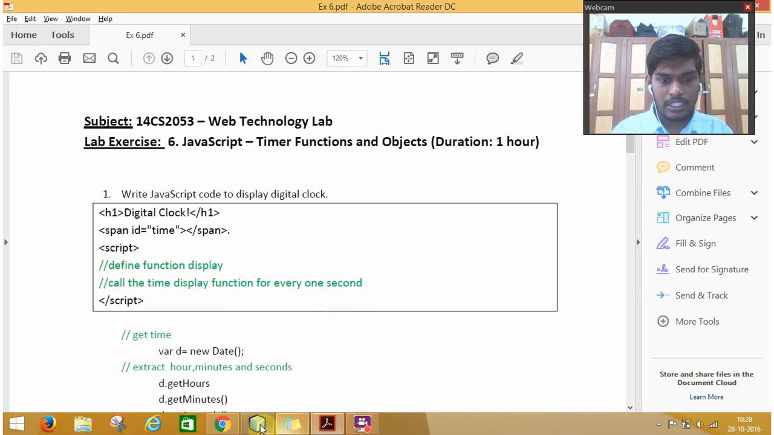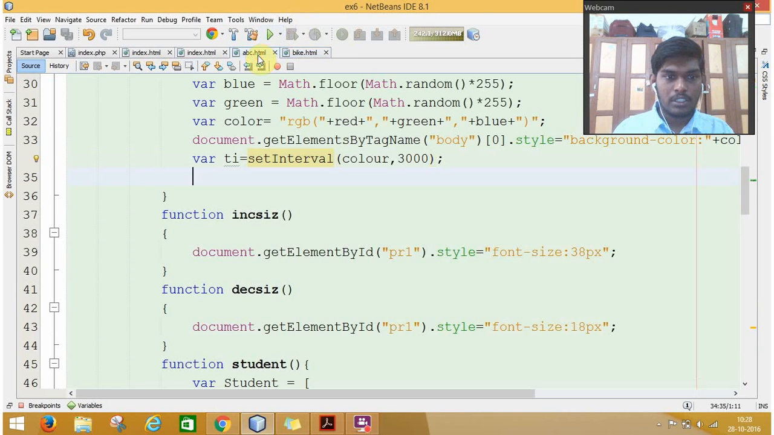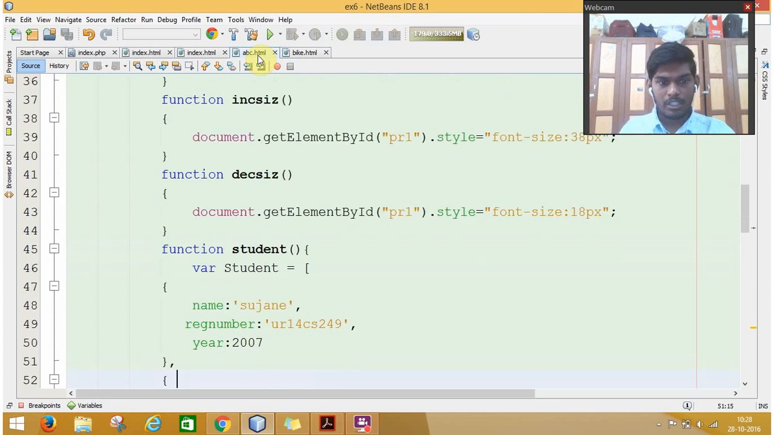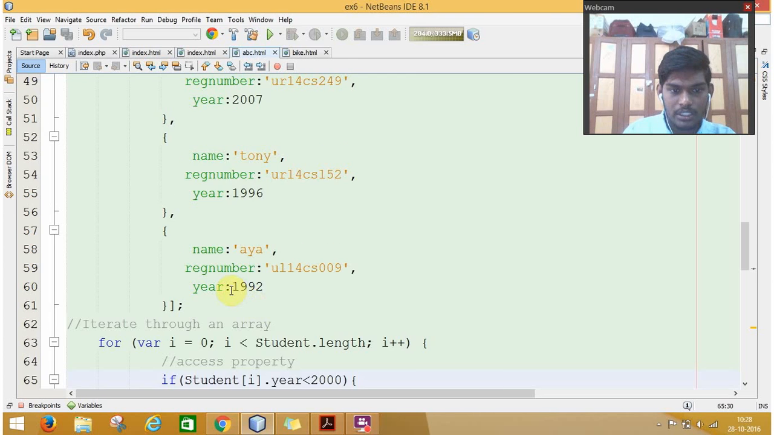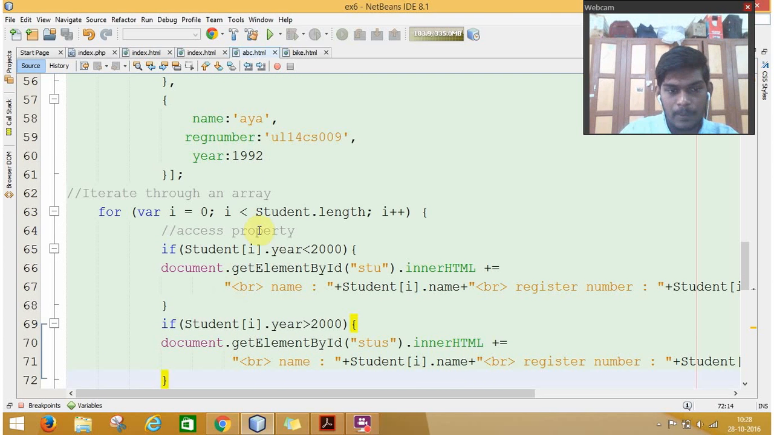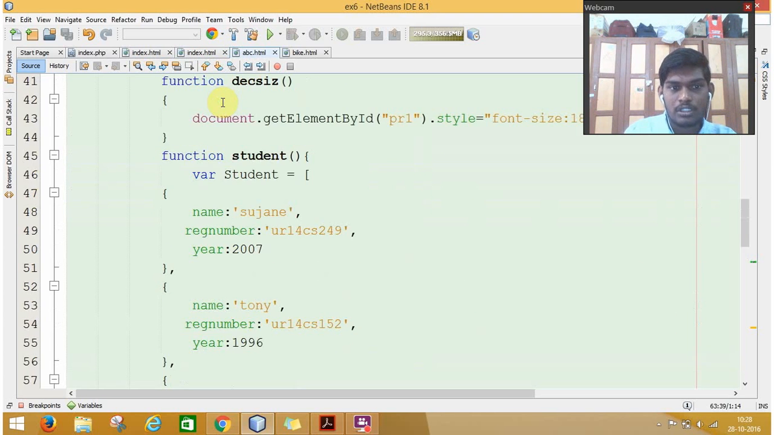Then my last thing is creating an array. For this I have directly used an object array here. You can see I created Sujan and Tony in an array. These are the register numbers and these are the years they were born. So here I'm checking the students, doing a for loop from 0 to the length of the array. The length gives the number of elements in an array. Then when student.year is less than 2000, I'm printing the name and register number, and when student.year is greater, I'm printing those. So actually only Sujan is about 2000. So if I run this,